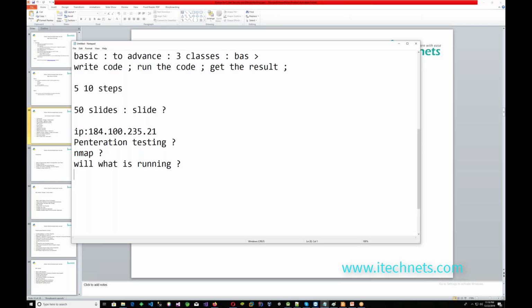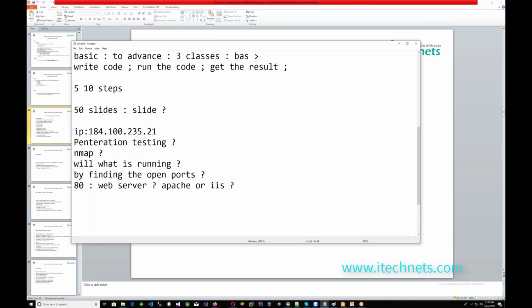How do you come to know what is running inside? By finding the open ports. If you find port 80, then you can find which web server is running. It should be Apache, or IIS for Microsoft.